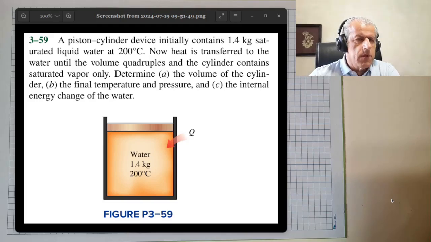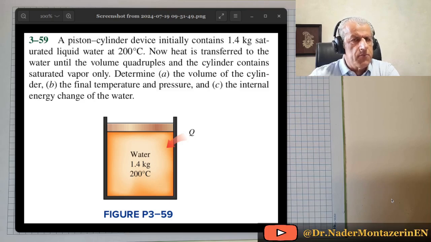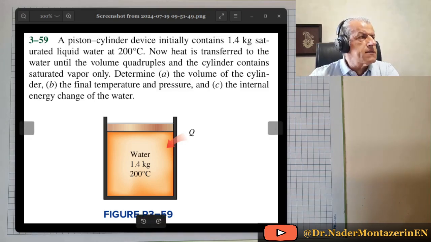There's a problem in the thermodynamics book by Singer, which is very interesting because it helps us really understand what happens in a problem, and it helps us to put aside common perceptions on different problems. The problem is number 359, as you said, and what it tells us is that there is a piston cylinder, okay,